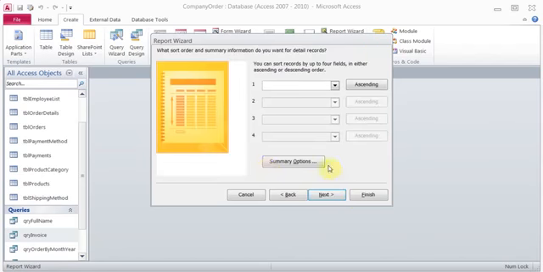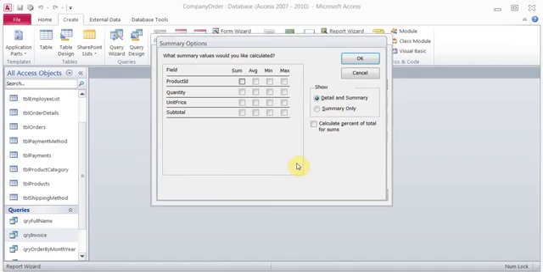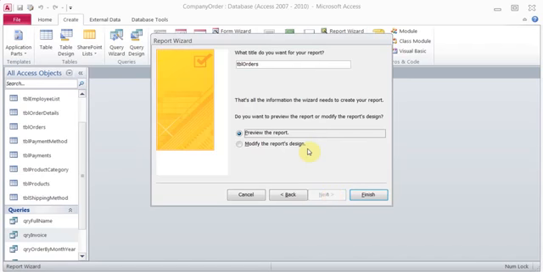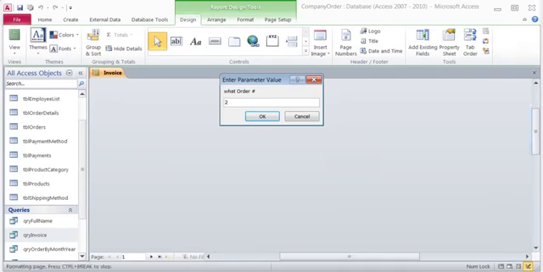Now this summary option feature is new for 2010, and if you wanted, you could just click here and say do a sum of subtotal, and you can just choose summary only because you don't need the detail. So it's a nice little feature they've added, but I'm going to show you how to do it manually. Click next. I'm going to make it landscape. You can have it portrait and then rearrange it. Next, I'll call it invoice. This will be in the report section, and I can just click preview, finish with the order number 2,